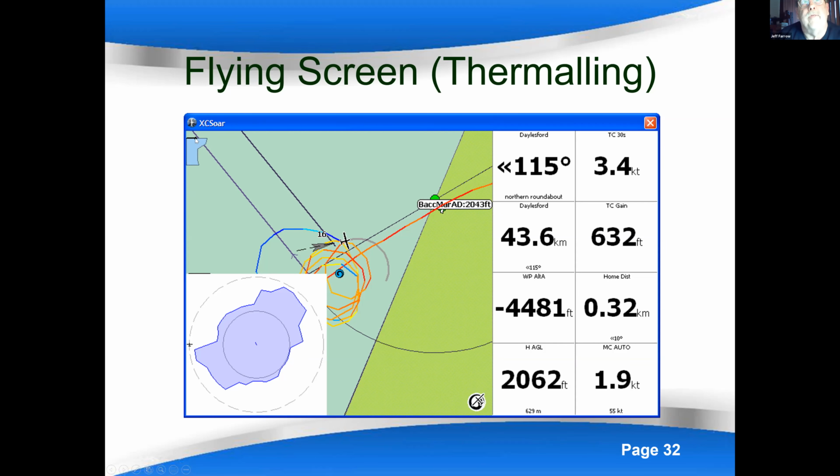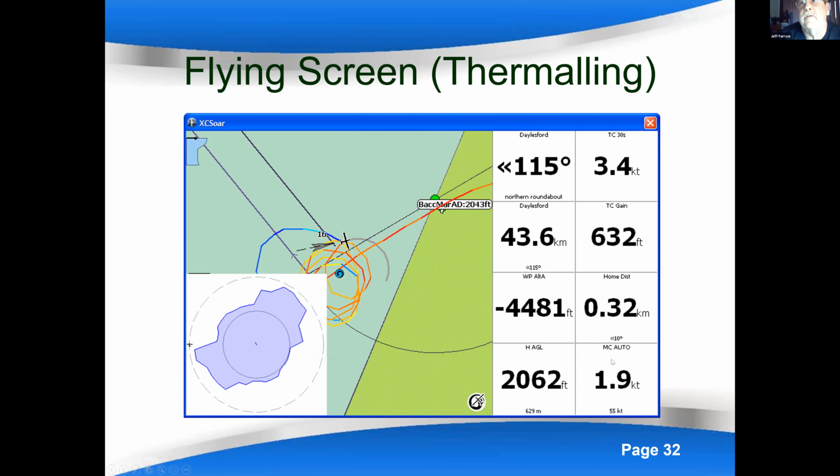The width of the arrow here represents your McCready setting, which in this case has got up to 1.9 because we've been getting better climb than initially expected.